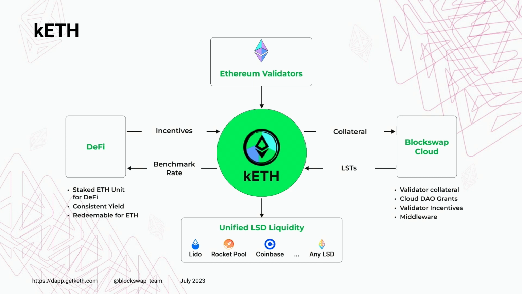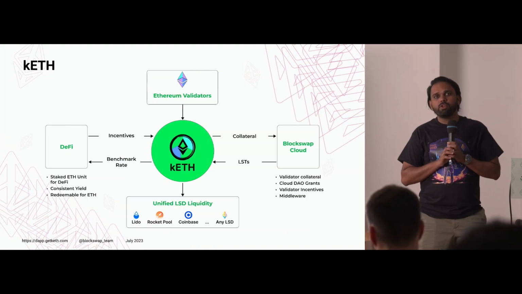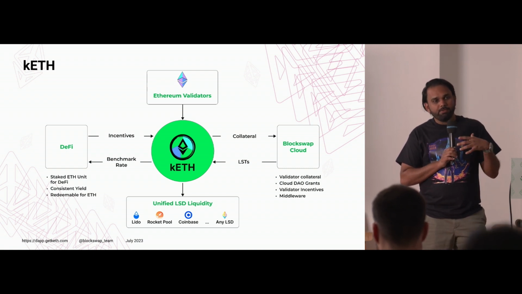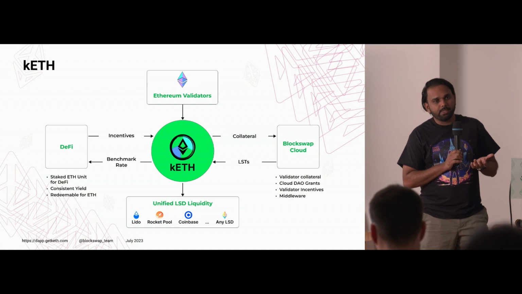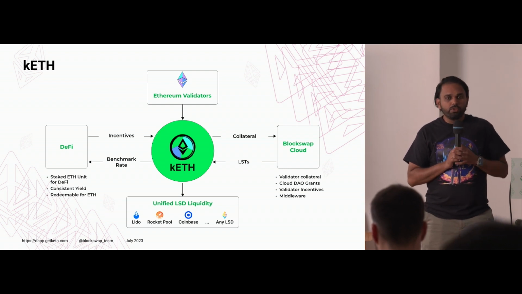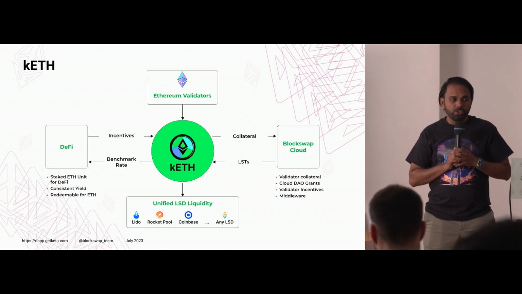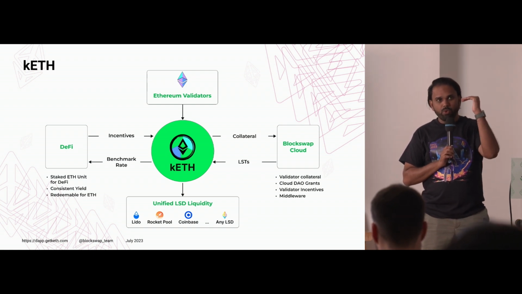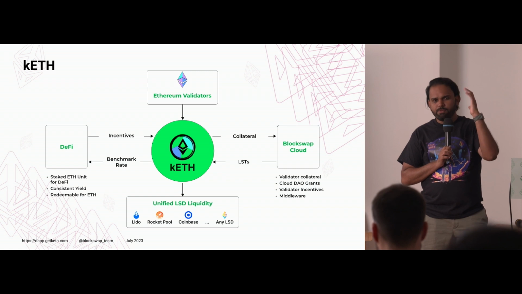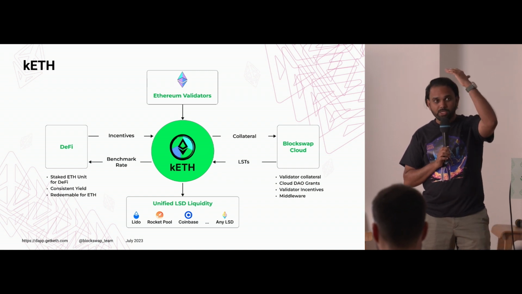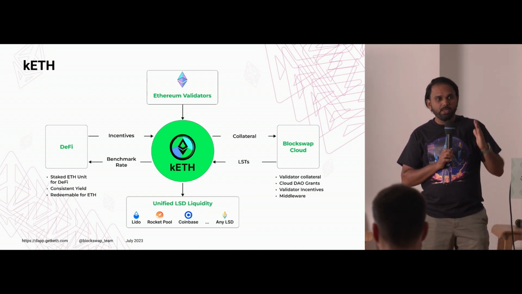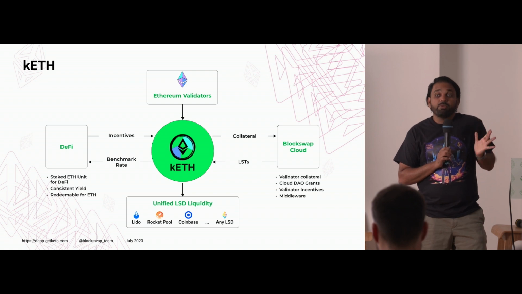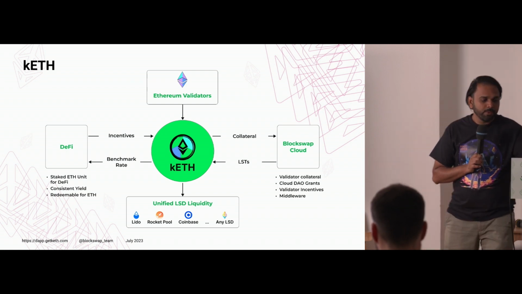If you look at the LSTs, a lot of farming protocols are using them, but you don't really see an integration for utility. The reason is you want to have underwriting capability for any kind of assets. These are ETH stables. So you need to have the kETH kind of buckets to do that. It's also like an above network rate, you always earn an average rate of 5%. Currently, if the stake goes up, then it will readjust, but that's the rate. Think of it like an S&P 500 for ETH.